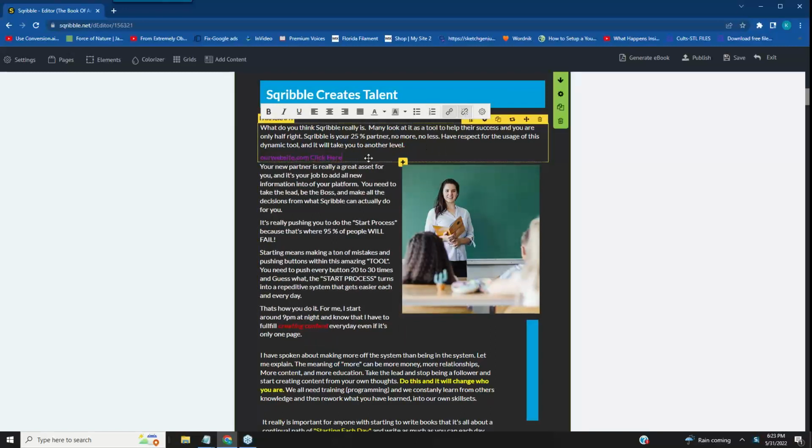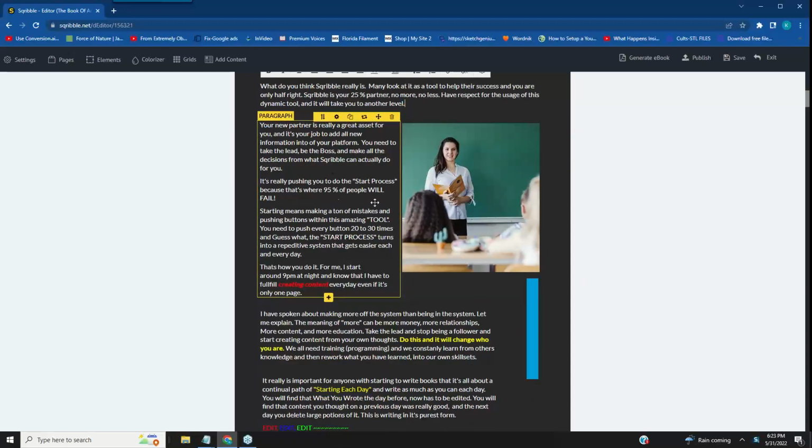Another cool thing is if I wanted to go down here, nope, I'm not going to do it, I'll do it in another area. So that just gives you a clue right here what we're actually doing. I'm going to take this out for now since we already got the book. Okay, now I'm going to go down a little bit and you guys can see some of the things that